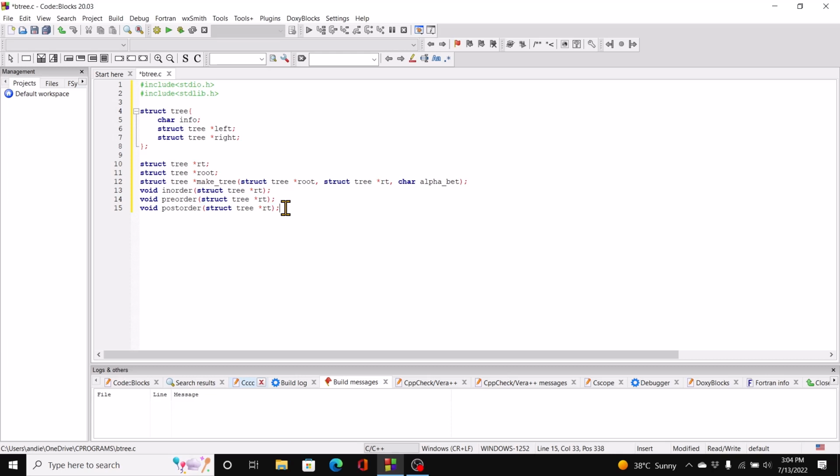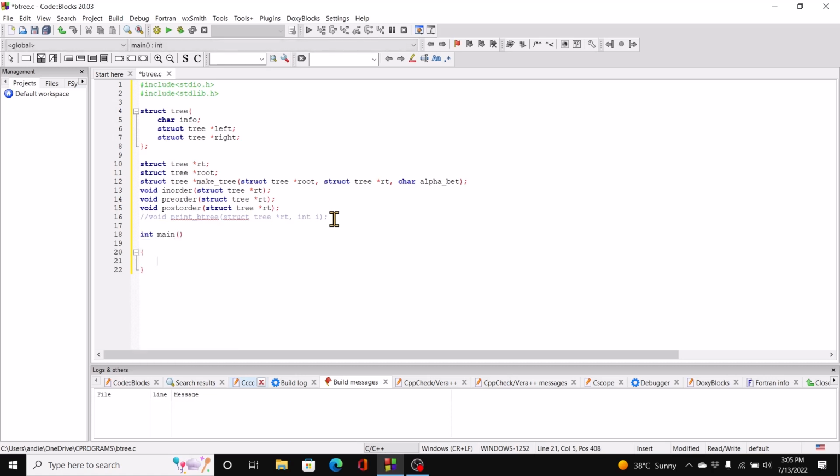Okay, we have one more function which I'll come to after we have executed the code, showing us the different ways to traverse the tree. So you can comment this function out. Like I said, I'll come to it later. Just put it in now, so we are declaring it, and that's called print b tree. That's going to take struct tree star rt and an integer as parameters. Right? Now our main function,